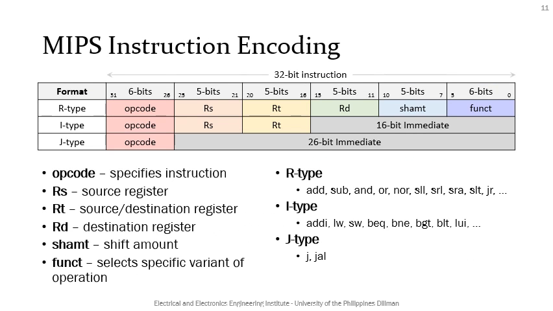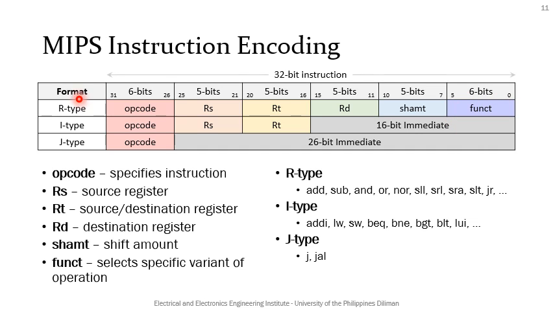This table shows the instruction encoding for the three MIPS instruction formats, the R-type, I-type, and J-type. The upper 6 bits are always the opcode. RS, RT, and RD are 5 bits to identify which among the 32 registers. RS is always a source, RD is always a destination, while RT can be a source or destination depending on the instruction. Other fields are the shift amount and the function to specify the number of shifts and the operation